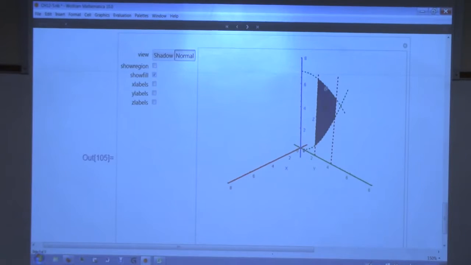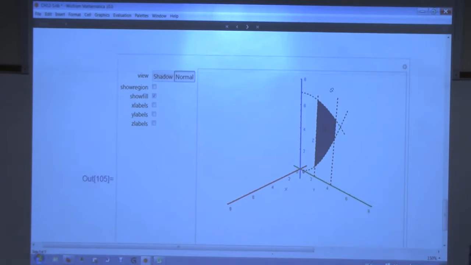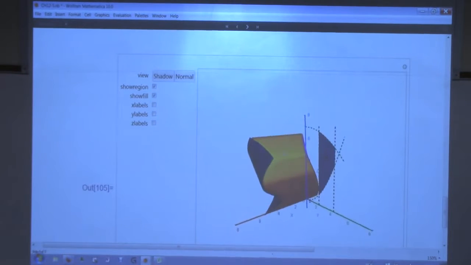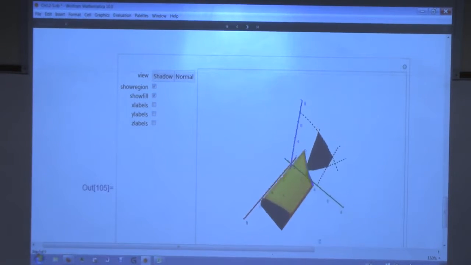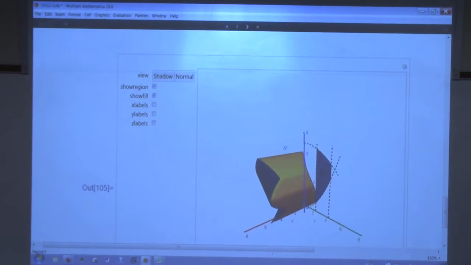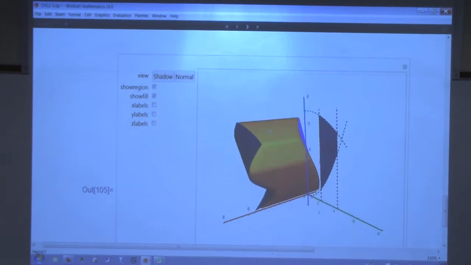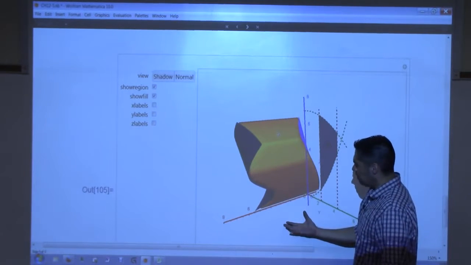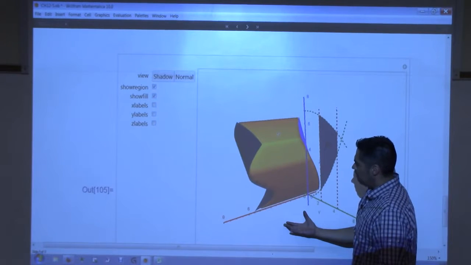What if you have this situation? Actually, let me put the solid in here so you can see what I'm talking about. Look at this solid right here. Why can't I do that the way that I have been doing things? Look, its shadow is a,